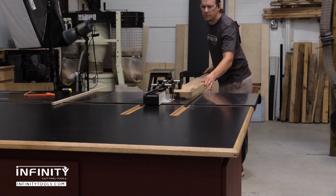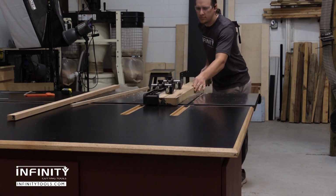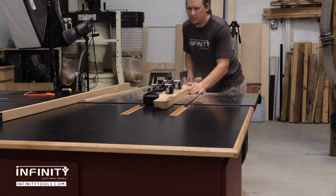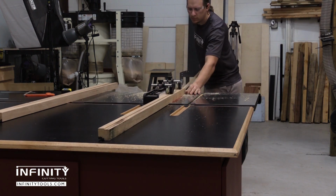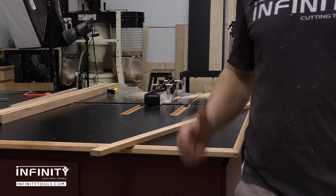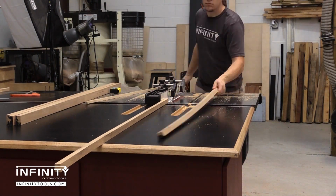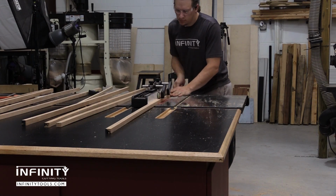With everything milled up, it's over to the table saw, and I use an Infinity 24-tooth ripping saw blade in the table saw and the Jessem table saw stock guides. I've really become a big fan of the Jessem stock guides for this type of work. They help keep these narrow pieces nice and straight and get good consistent milling. You do have to use a skinny long push stick to kind of feed it through, but definitely worth the